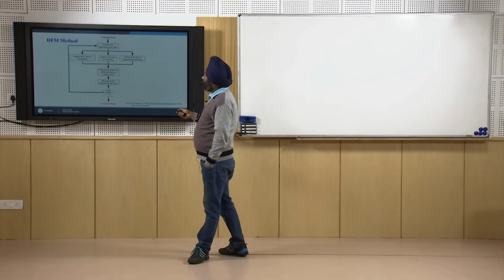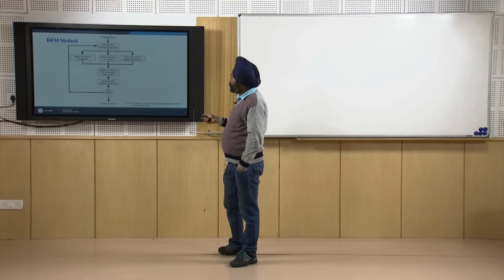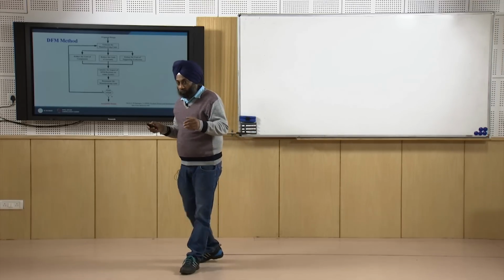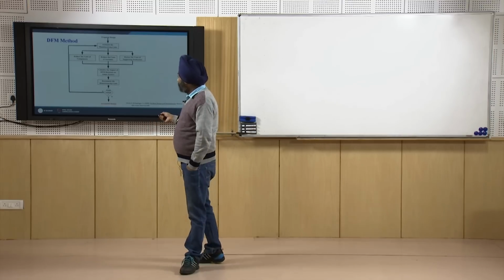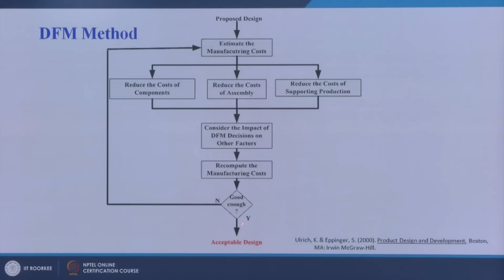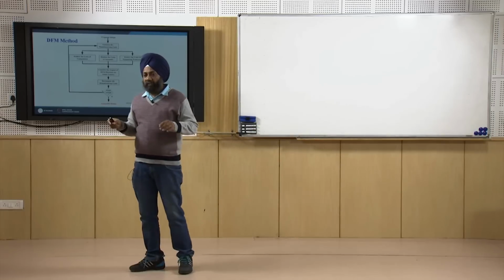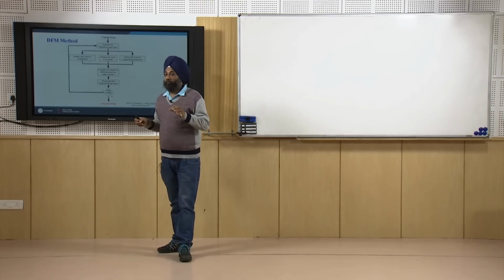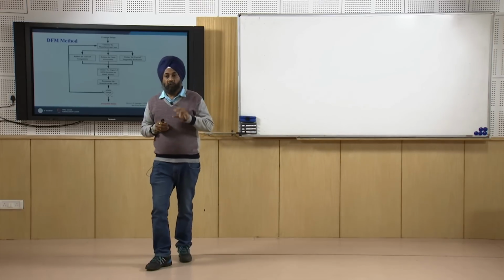Then we will consider the impact of DFM decisions on the other factors. Other factors can be, as I have already told, the performance factors, and then recompute the manufacturing cost. If it is good enough, we can say okay, the new design is an acceptable design. If it is not good enough, again we will go and estimate the manufacturing cost, and then again the cycle will repeat. So basically the overall summary of this flow chart is that for DFM to be successful, we will